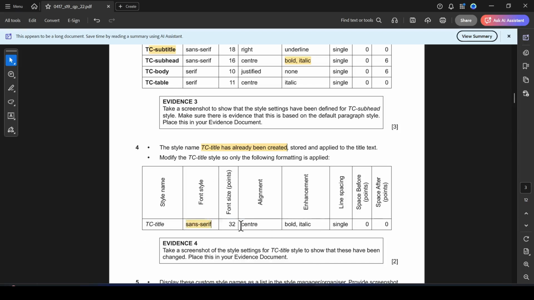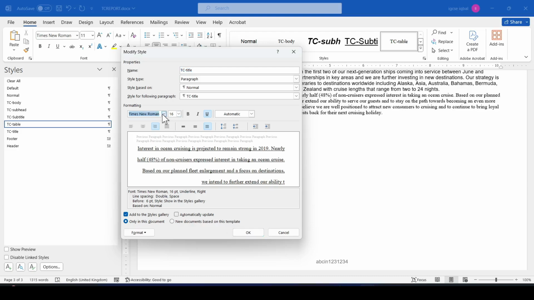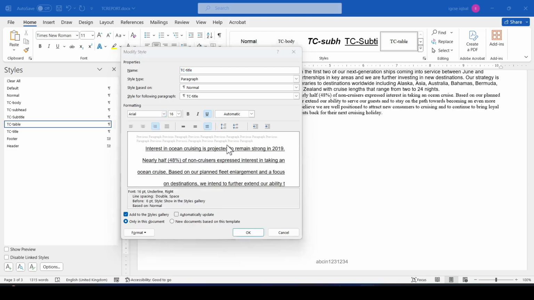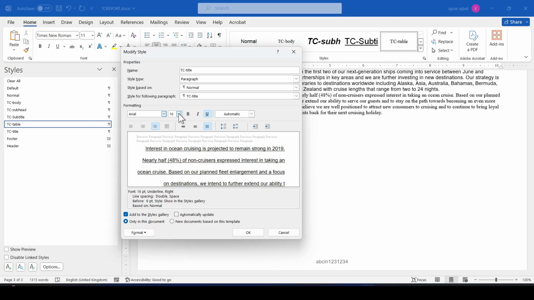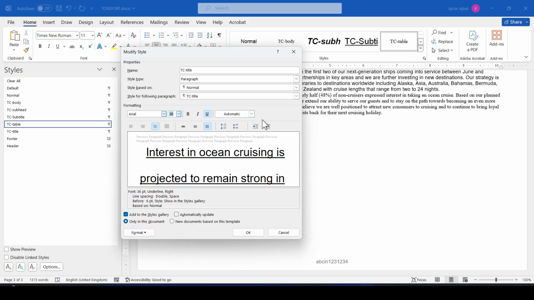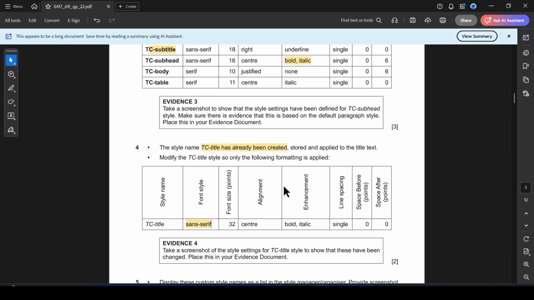First is the font style, which is sans serif, is Arial. So now I will go here, make it as Arial. Next is font size is 32. So font size is 32. It is okay. So now let me make this as a 32. All right. Next,